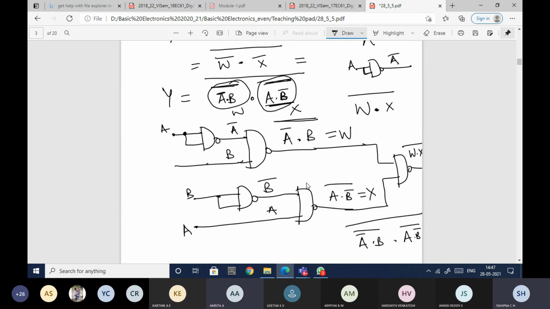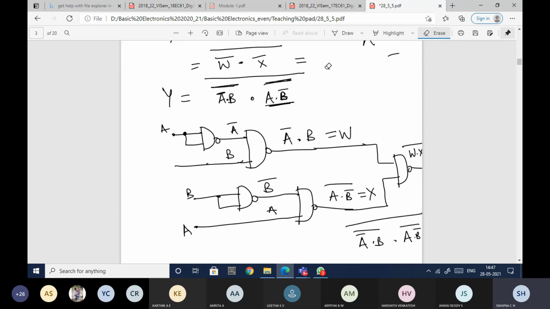This is a little complicated, right? So I'll just draw it in a simple way. This is all the explanation. Otherwise, you need not write W, X, all that, because it will lead to confusion. As I've already mentioned, the more you practice, the more easily you'll be able to implement it. This is how you need to check term by term. First check whether you'll be able to implement that, then the next one, then the next one, then the total. Like that you need to check.